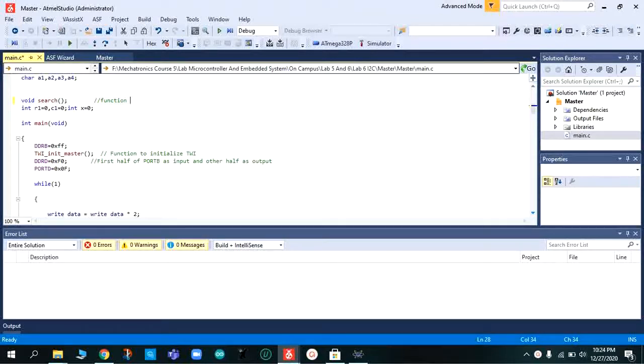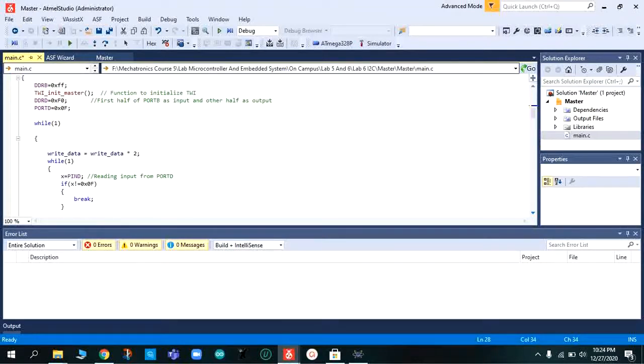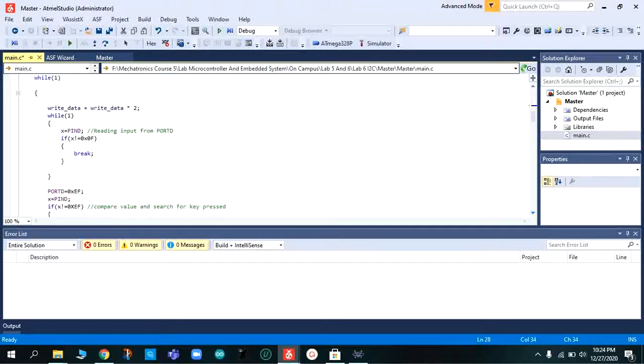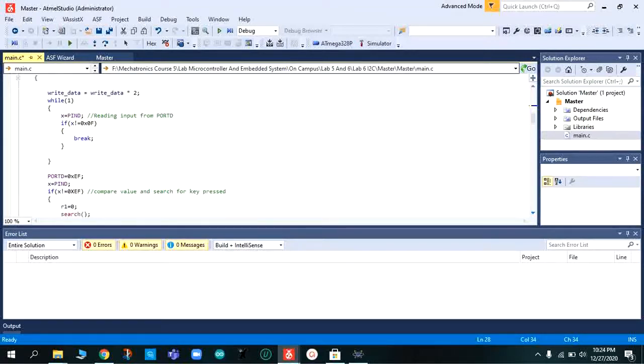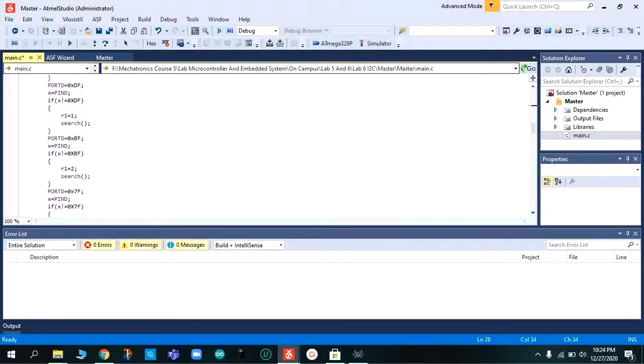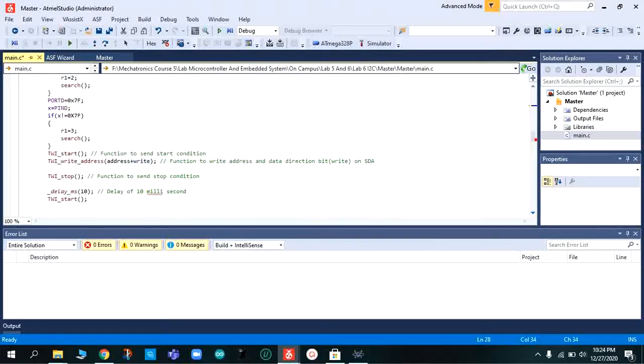TWINIT master is the function to initialize TWI, and DDRD is equal to 0xF0, first half of port B as input and other half as output. In the write data, X is pin D, that is reading input from port D. TWI start is function to send start condition.